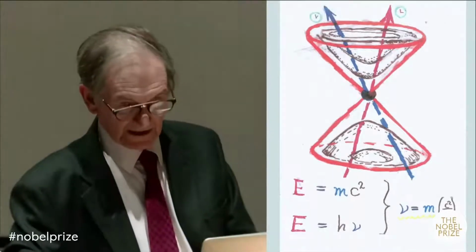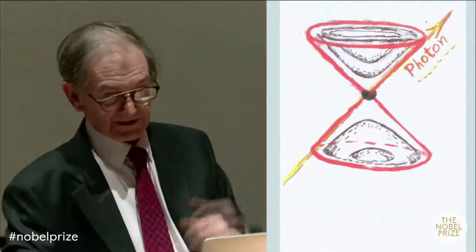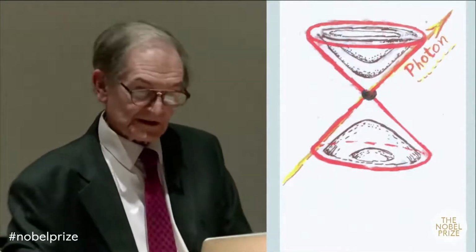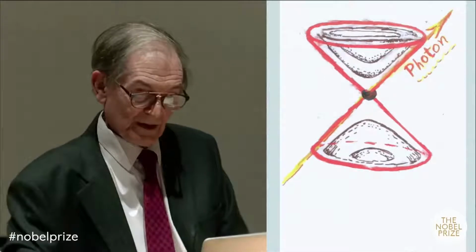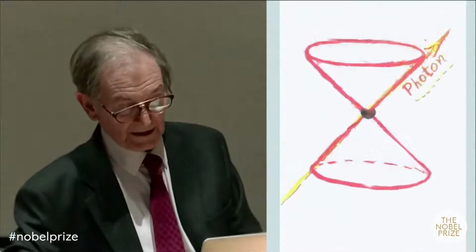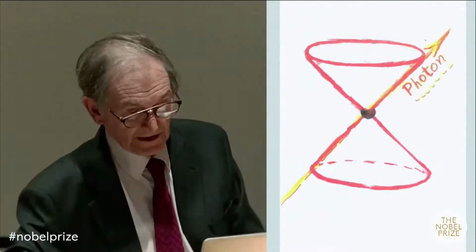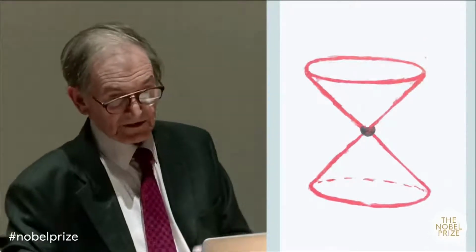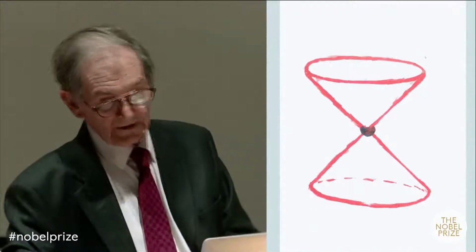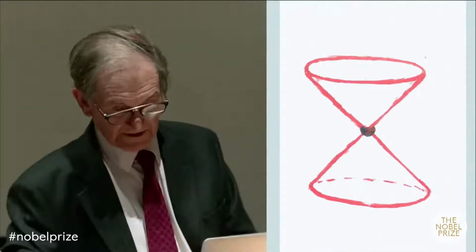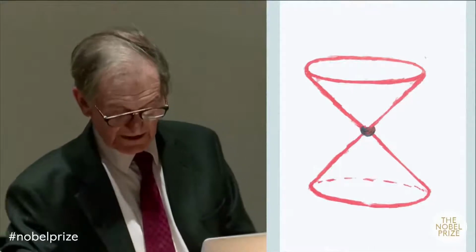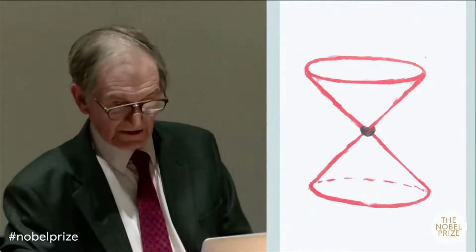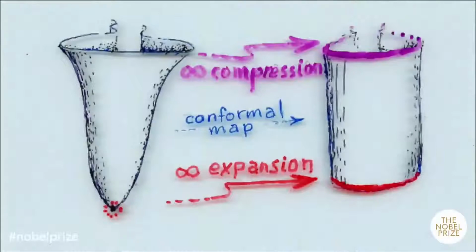But what about light rays? Well, you see the light ray doesn't even hit the surfaces. So a light ray doesn't register the passage of time at all. And here we'll forget about the light ray, the light cone or the null cone itself gives you the structure of space-time. So if you only have null cones and not the scale, then you have a good picture of infinity. And in fact, you can do this, and not only do you have a picture of infinity, but you can stretch out the Big Bang as well.